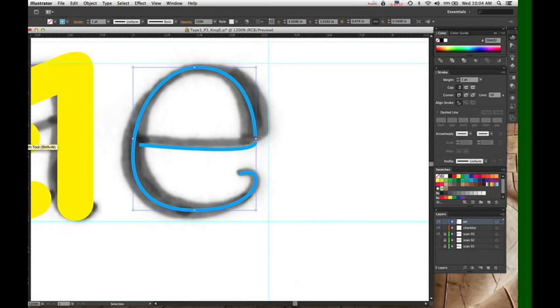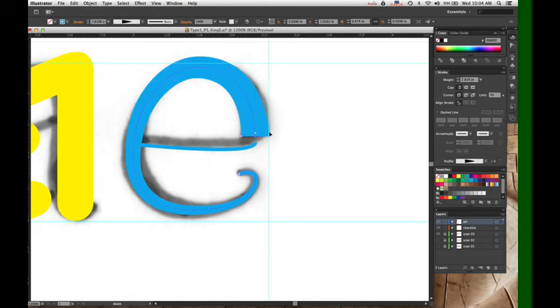And that is this tool. It sort of looks like a little squiggly worm. The width tool allows you to have a stroke of varying widths. This is a relatively new tool. I think it just showed up in Illustrator CS5, I think, or maybe CS4. So if you have an older version that you're working with, it might not show up.